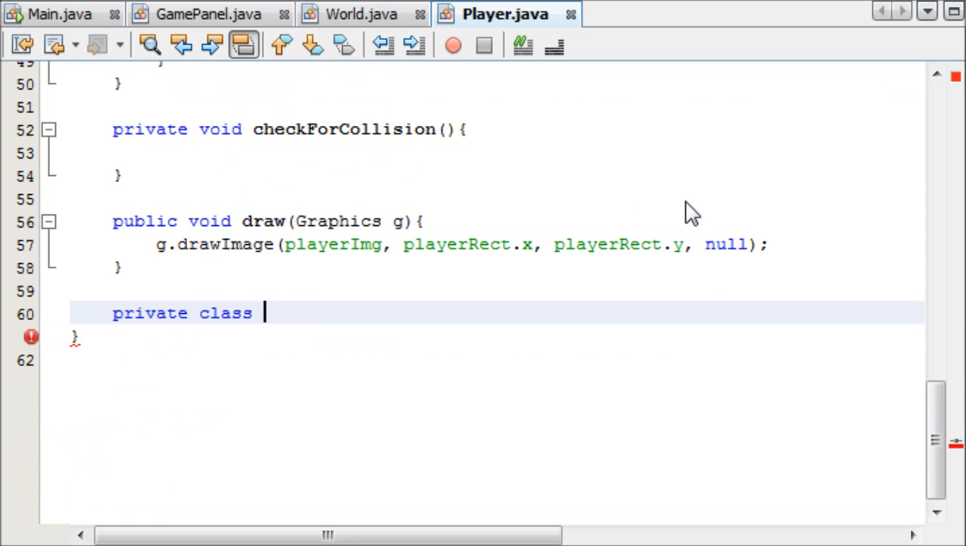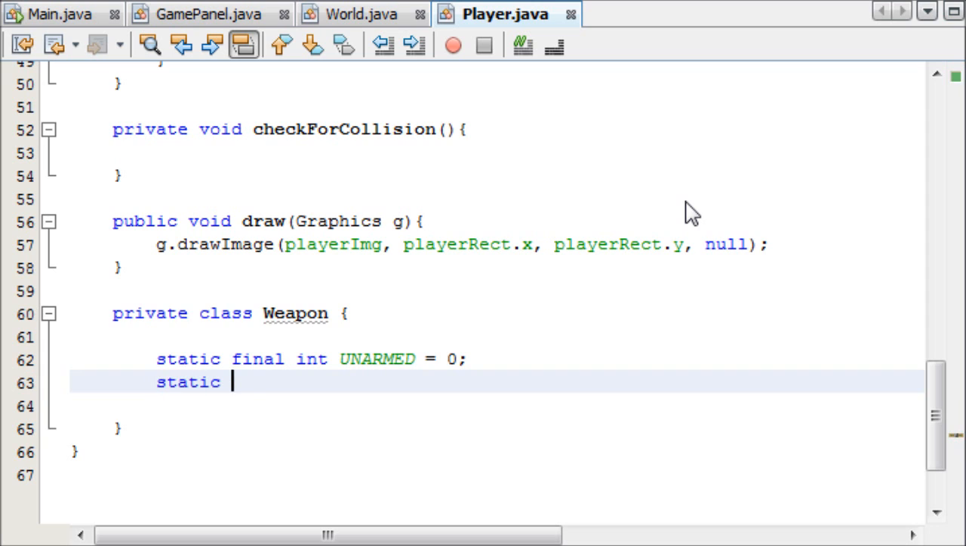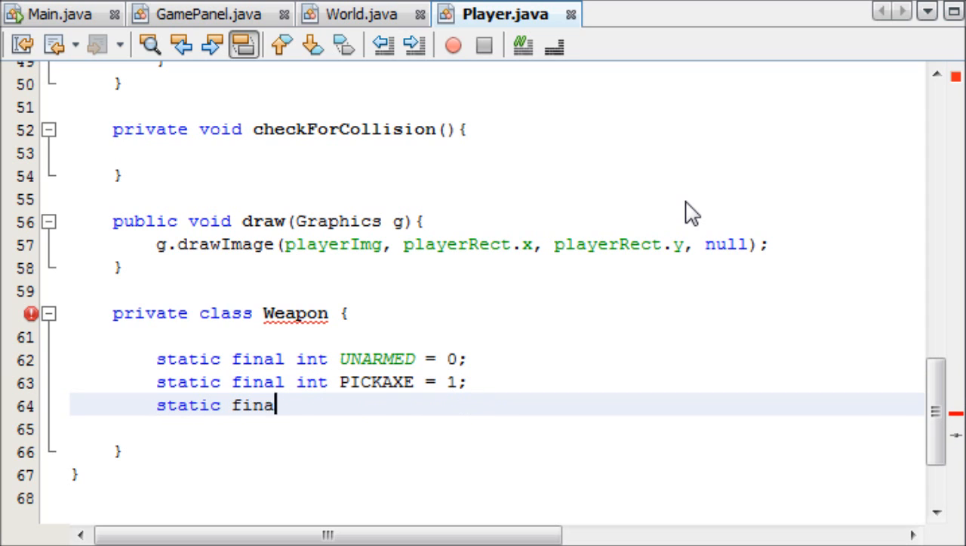If I make a new class within this class, private class Weapon, we can have some static final integers, and we can give them weapon names and a value, and you'll see why in a second. You can obviously do whatever weapons you want. I'm going to do unarmed, that can equal 0. Static final int pickaxe, that can equal 1. Static final int